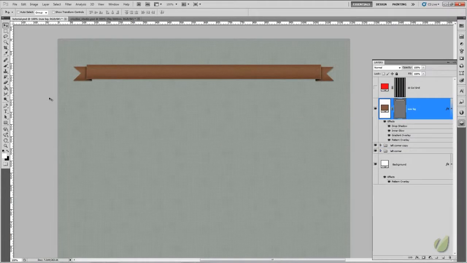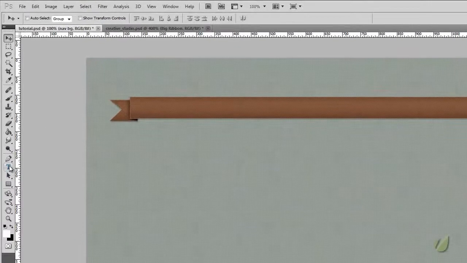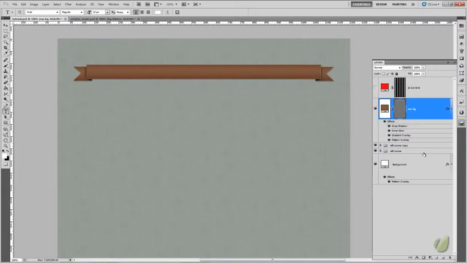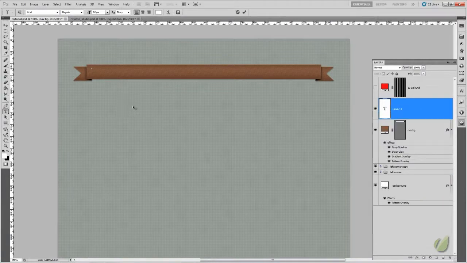There's a couple of other ways you can do this. Some people create their own brushes, but the easiest way I've found is to use the type tool. So go to the horizontal type tool. Make sure that Arial is chosen for the font at regular, 12 pixels in size, and we just need to click anywhere on there and use the minus sign on our keyboard, go right across to the end,